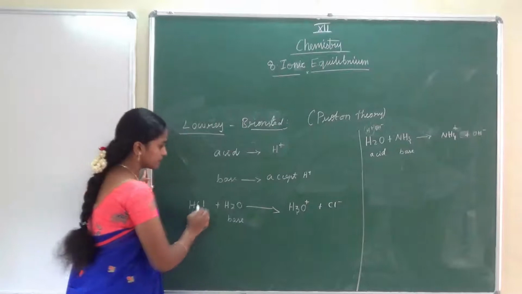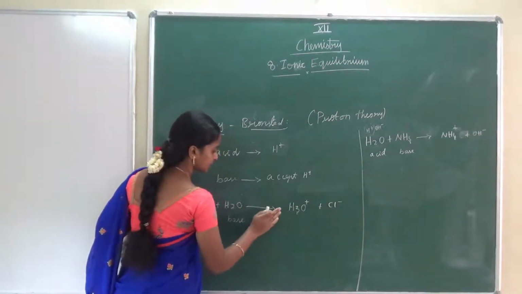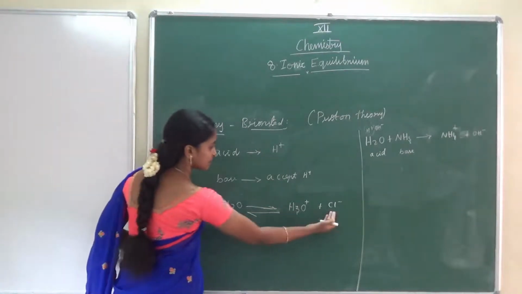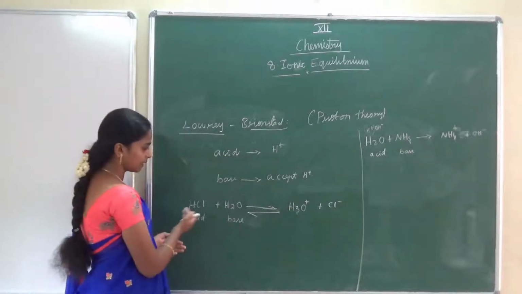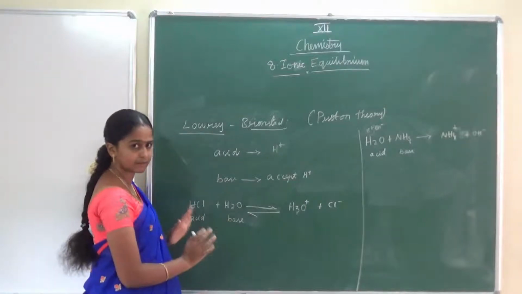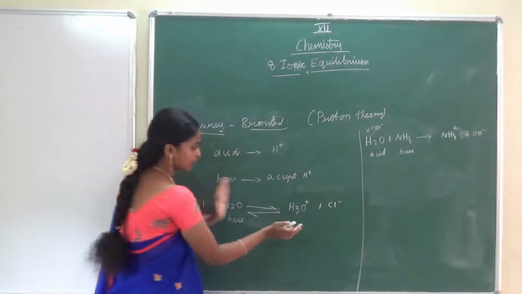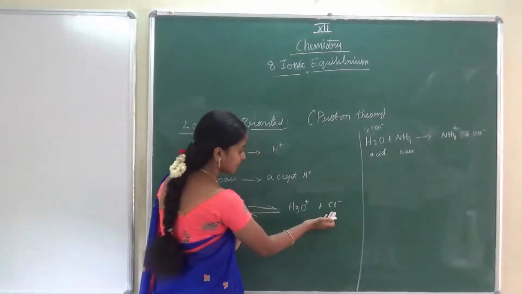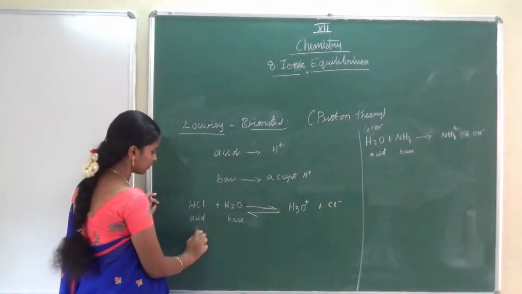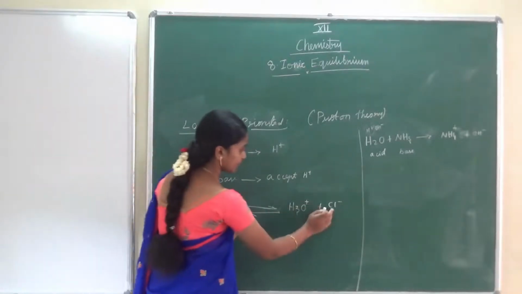HCl. Here Cl minus is released now. This Cl minus, just think this equation is now a reversible reaction. Again, these two can react and give HCl and H2O. Just remember it is a reversible, equilibrium reaction. In such a case, now just think only about the product. The Cl minus which has come from this acid, let me take this as acid 1. From this acid, Cl minus is coming.